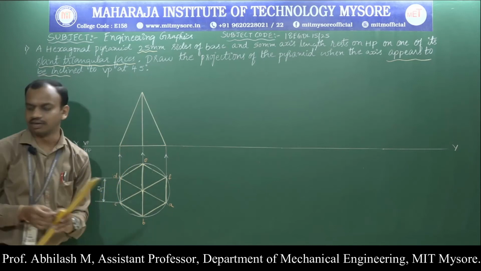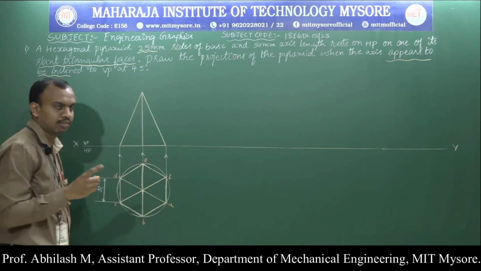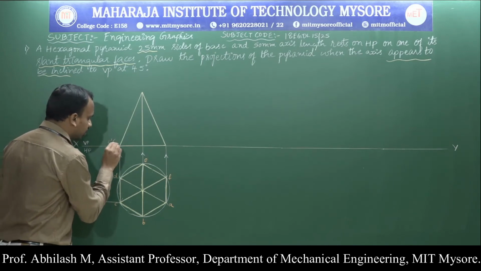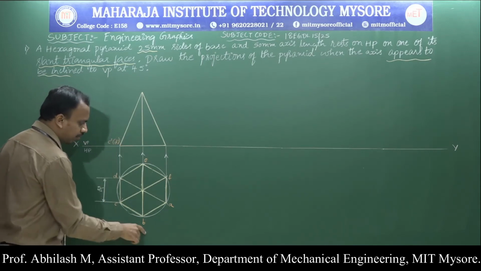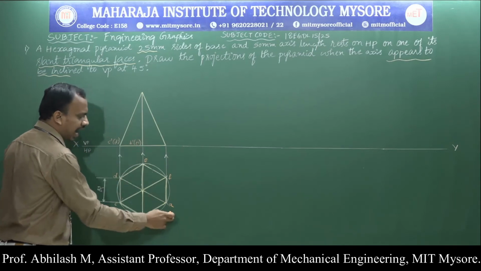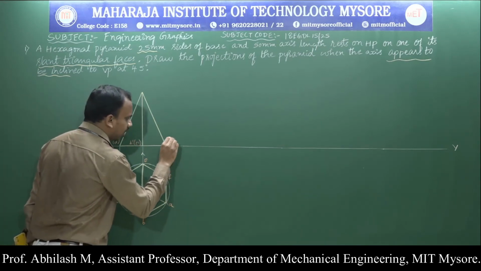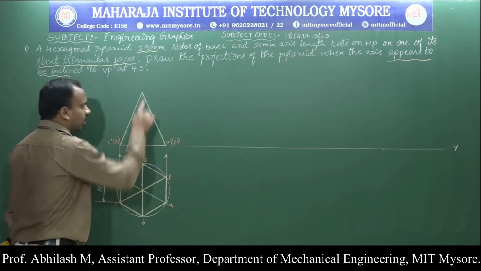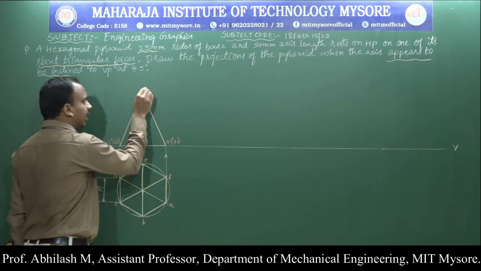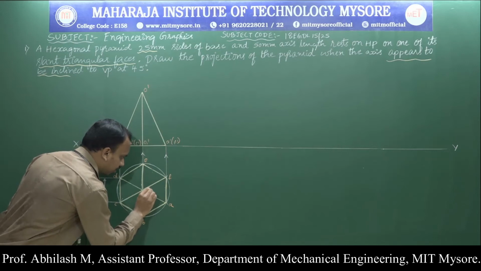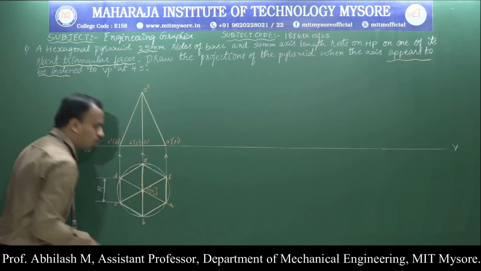So we are done with our front position, but we are supposed to name the things. So here C is visible, D dash is not visible. So it is C dash of D dash. B is visible, E is not visible. So it is B dash of E dash. Similarly, A is visible, F is not visible. So A dash of F dash, and we have the center, the apex point where it is going to meet. It is our O dash and O1 dash. Here also we are supposed to represent O of O1.